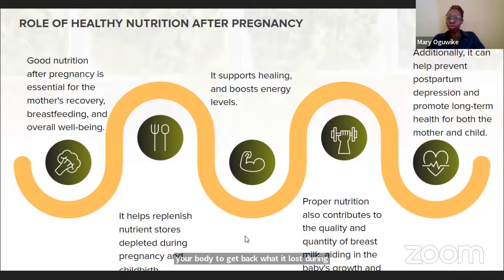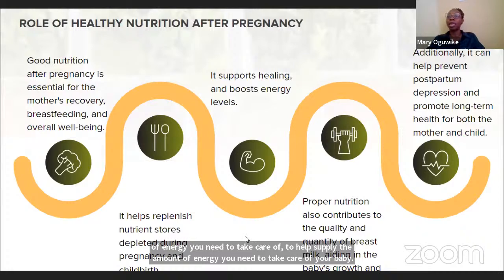Now, it also supports healing and it boosts energy levels, because you have to breastfeed your baby, you have to take care of your baby, and you need energy to take care of this baby. So you actually need good nutrition to help supply the amount of energy you need to take care of your baby. It also contributes to the quality and quantity of breast milk, meaning that when you take a balanced diet,